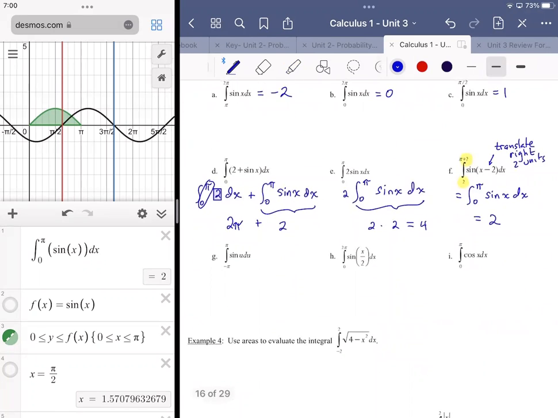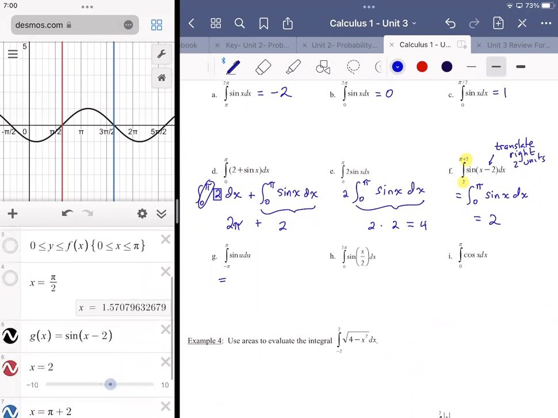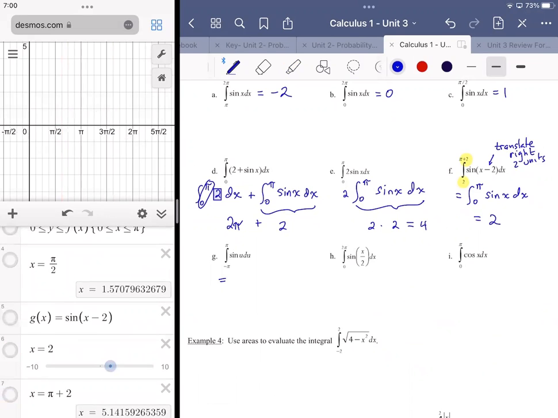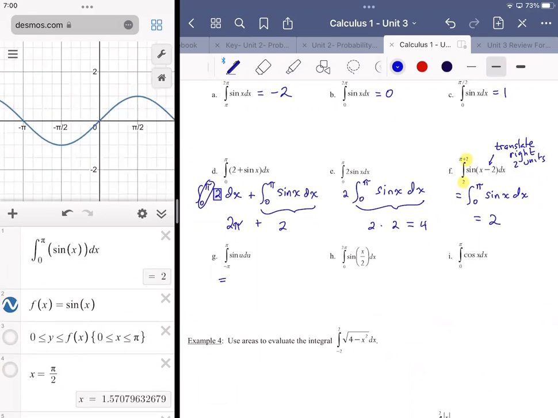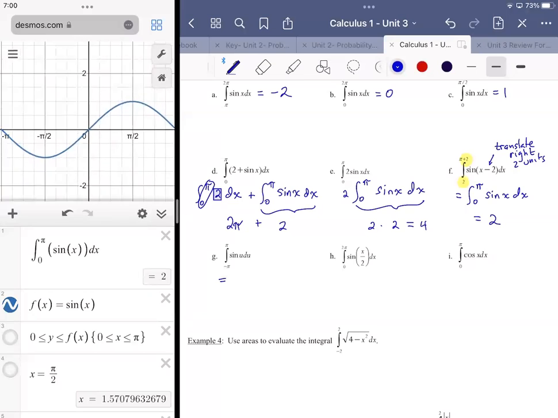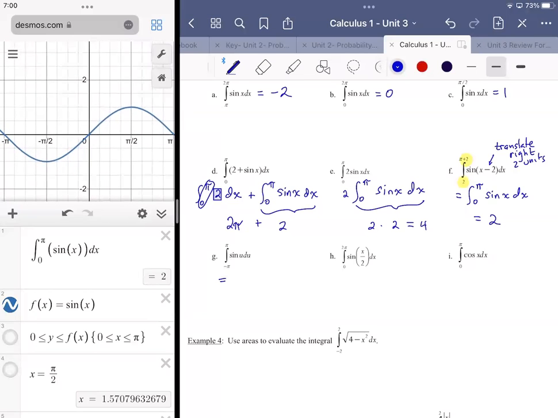Now in G, well, sine is an odd function. So let me get rid of some of this stuff here. Go back to the original sine graph. Which means, and I'll just focus on this part here, it's symmetric over the origin. But it also means that if you have equal distance to the left as to the right from the origin, you're going to accumulate the same amount of area, just negative versus positive. So those areas will always offset each other,